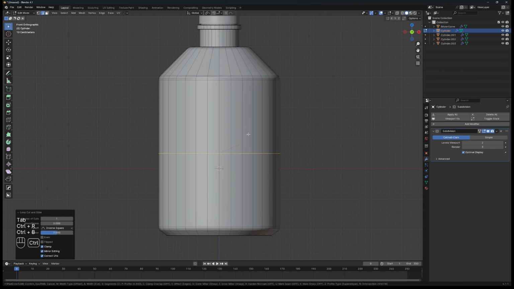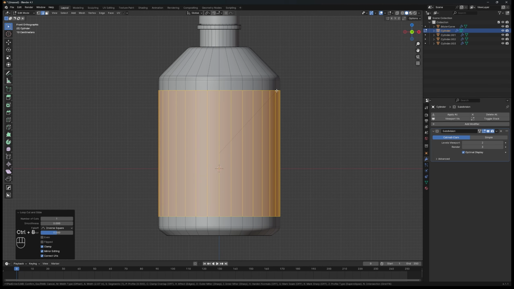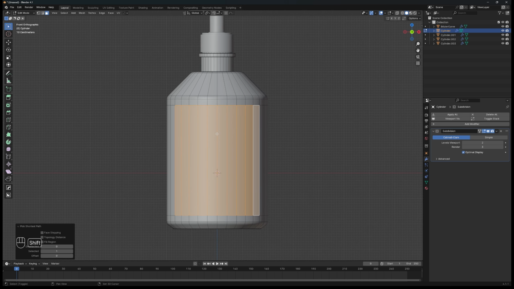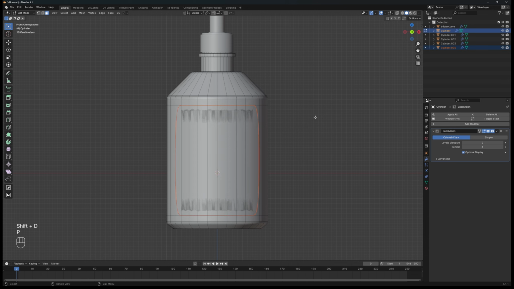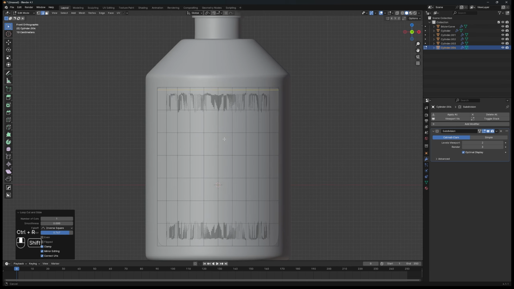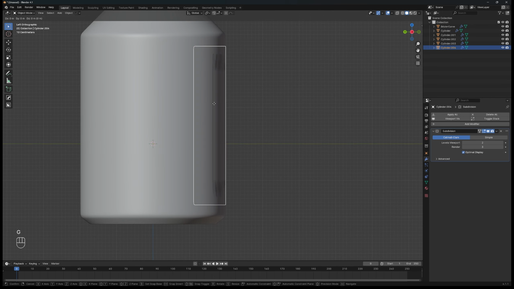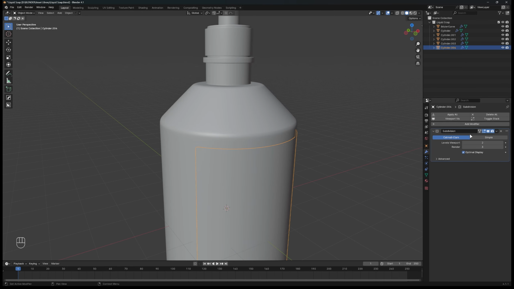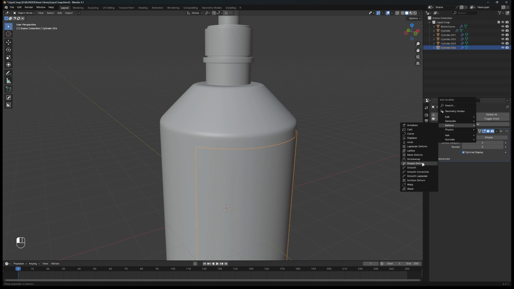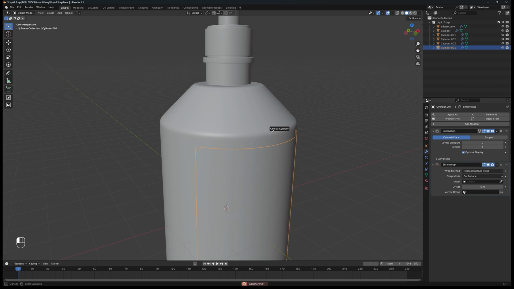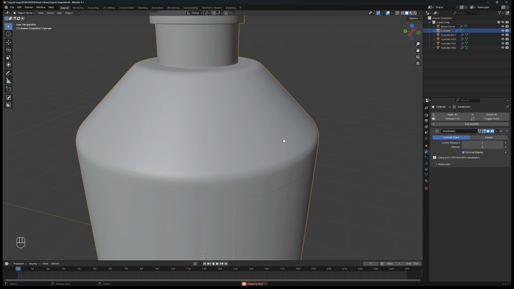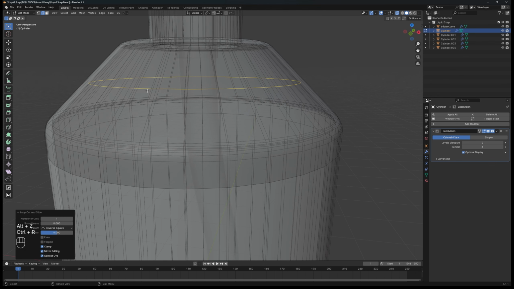On the bottle body, create a loop cut there and scale it on the Z-axis. Select half of the face loop, then duplicate and separate the mesh. Select the duplicated mesh and add a loop cut to support it when we add a UV ladder. So this mesh will be the label or the place we put the branding on it. After you're done with that, add a shrink wrap modifier and select the target to the bottle body. Then adjust the offset of it. Here I add 0.002 offset.